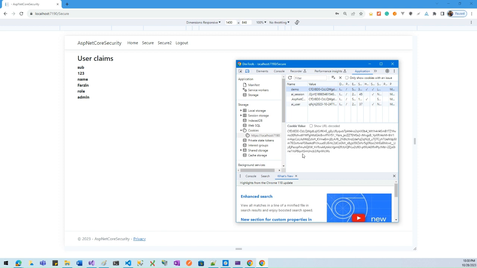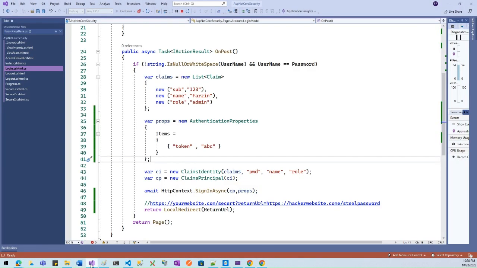This session will be added to our cookies, demo cookie. So what happens here? We add this session to our cookies, we add this cookie to our sessions, and we send